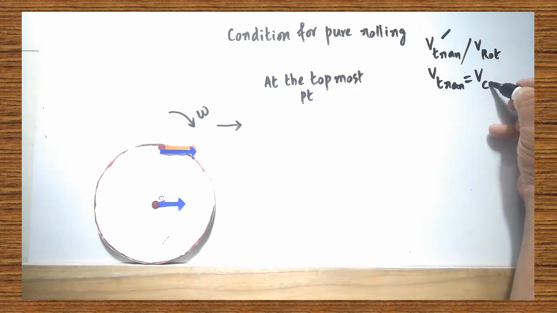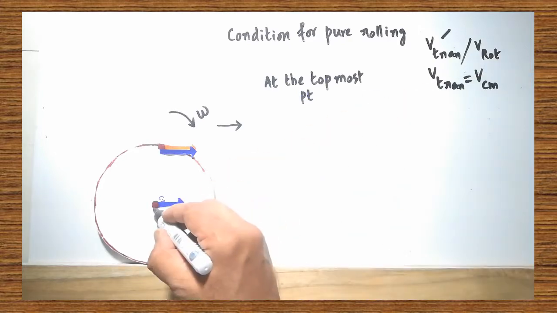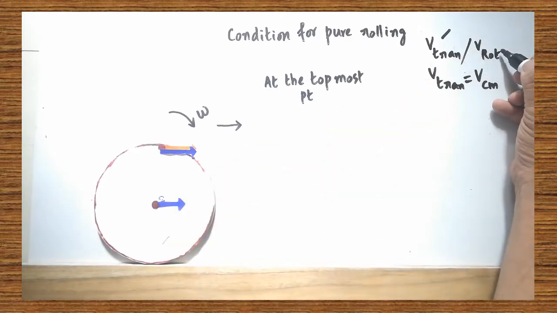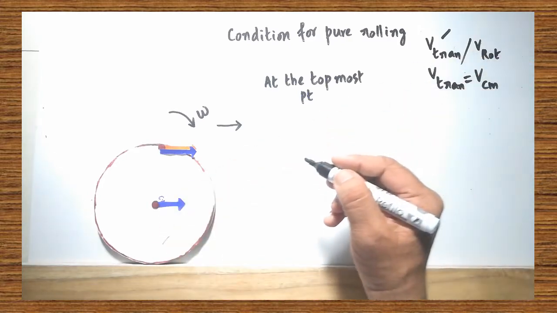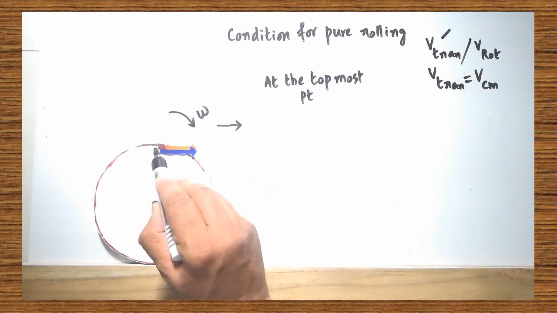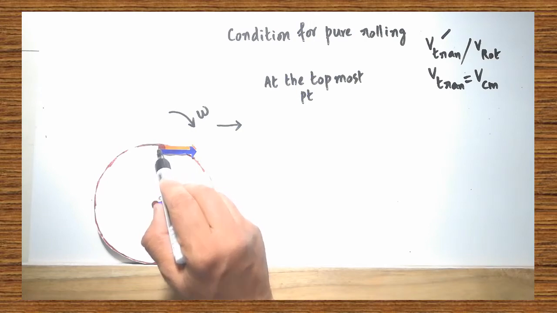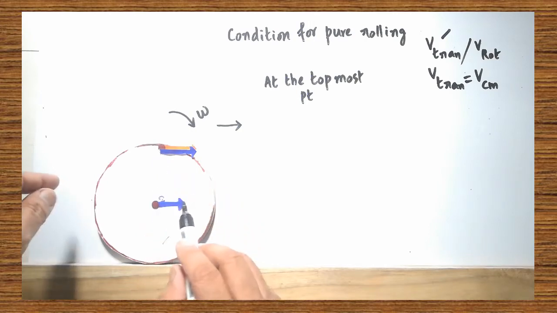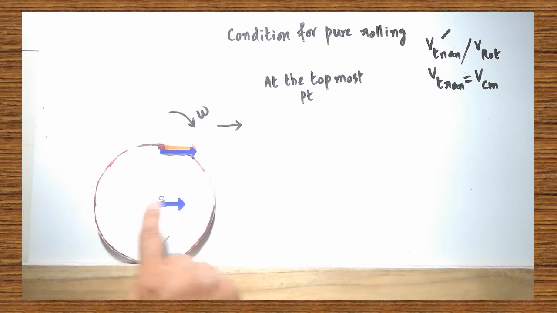Already I have explained all the concepts. For the center of mass point, there is no rotational velocity. Here, I have chosen another point at the top. So this is the point which is located at the topmost part of the rolling body. You have to assume that the body is moving in this path, both translational motion as well as rotational motion are there.